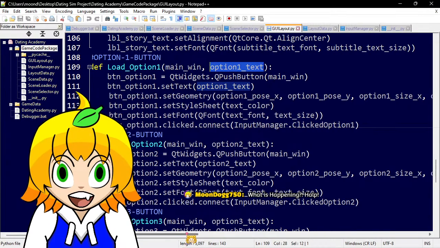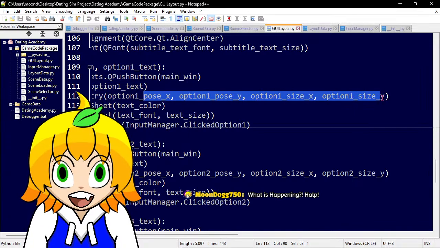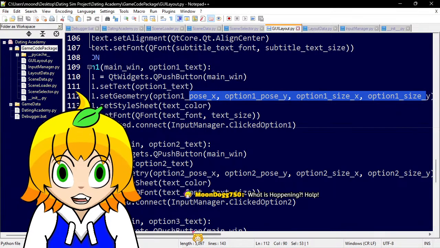We have our standard variables at the top for position, size on the X and the Y. X is left to right, and Y is top to bottom. It's mathematical.